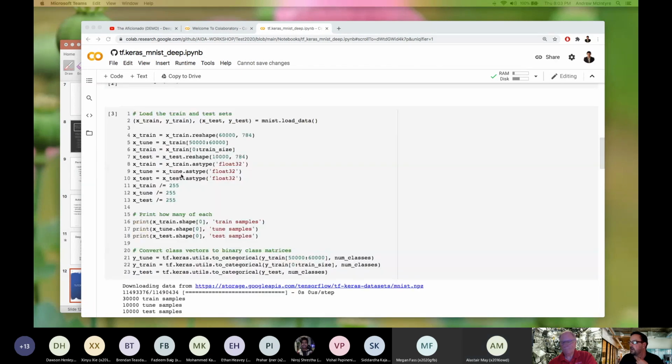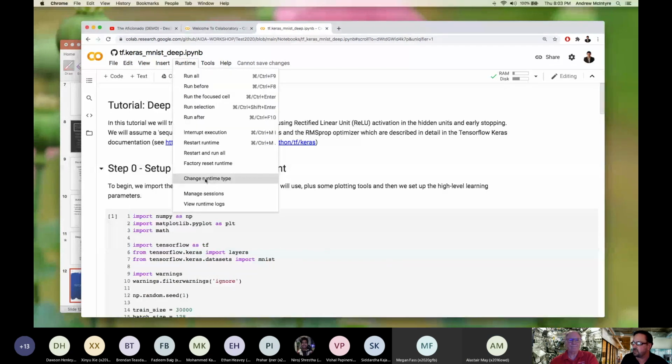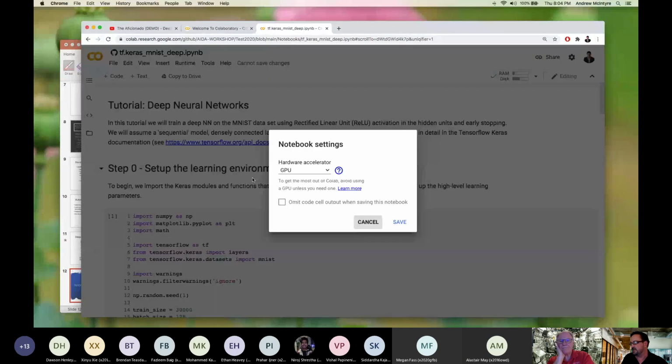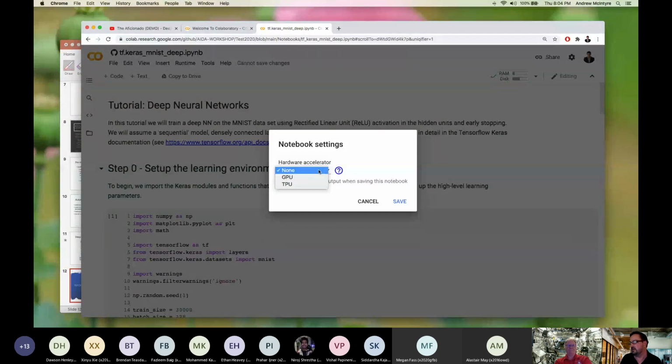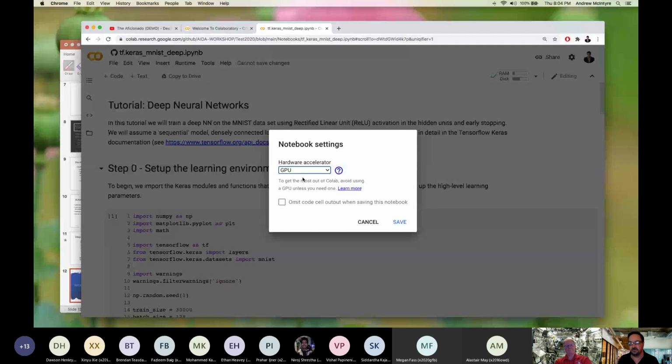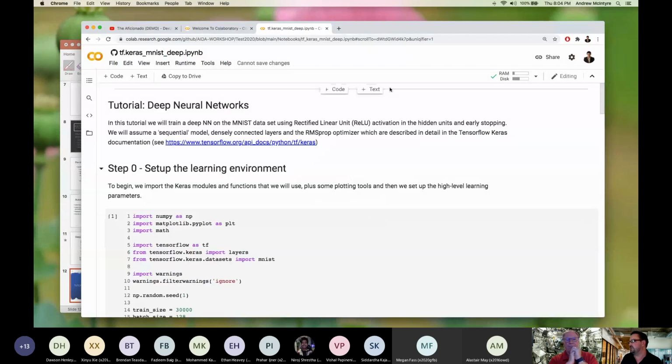Okay. Well, the thing to do is to change this runtime type. Under runtime, in the back end of the cloud, as you can imagine, there's all sorts of different machines living at Google's end, and some of them have no hardware acceleration whatsoever. They have a regular CPU. So that's what they plug you into by default. And that's fine. It's still okay performance, but if you really want to crank it up a notch when you're doing deep learning and you're using a lot of these specialized layers, you're going to want to change this accelerator to GPU or buy one for your local machine and try using it there. But this is easy because it changes in the cloud immediately.